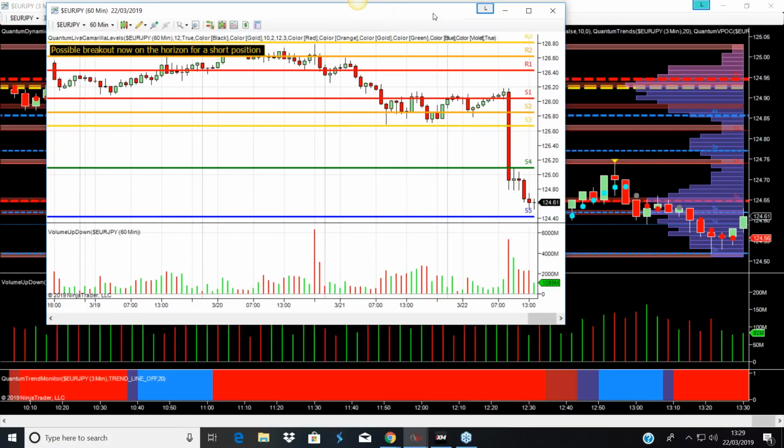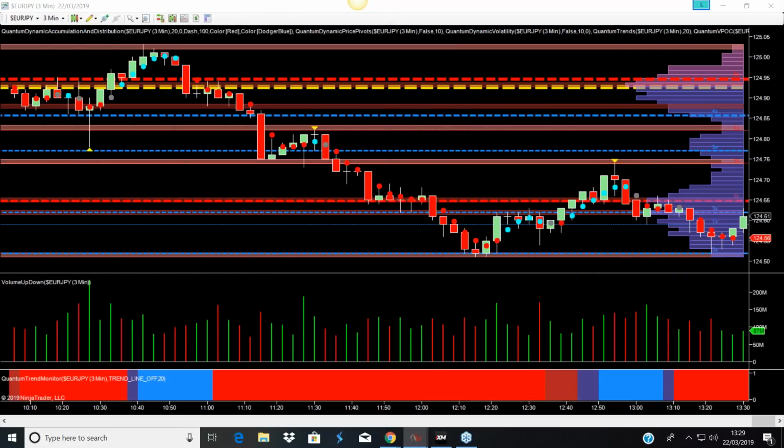These levels, you have to be a little bit flexible with them. Our indicators, certainly on the accumulation and distribution, are actually pinpoint in the sense of the number of times a price has either hit support or hit resistance. But when you're trying to put them together over multiple here, this was the bounce off about 124.40. It had a little run up. It really ran out of steam on this candle here. It actually triggered a pivot as well.